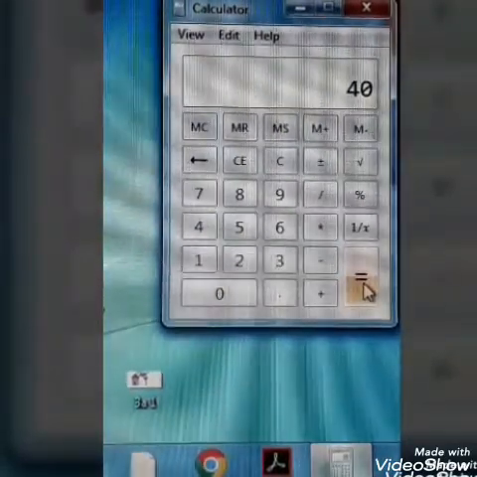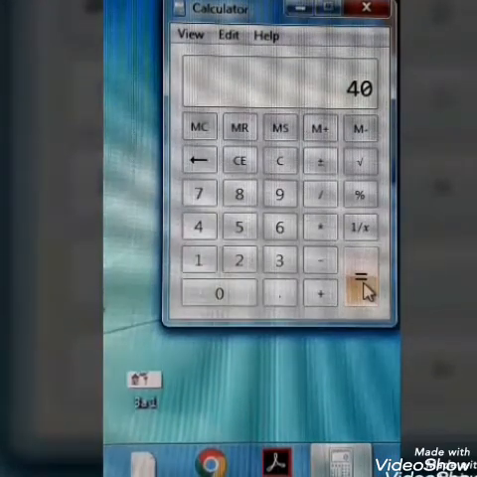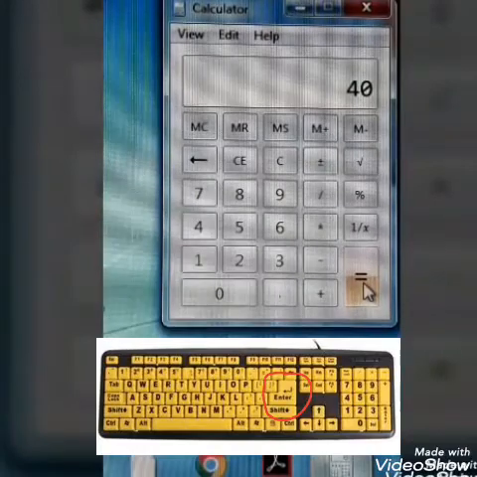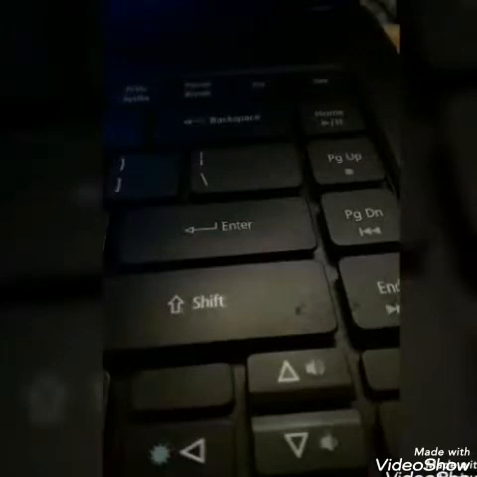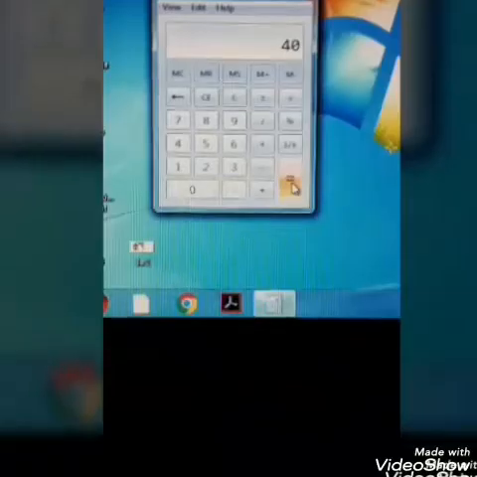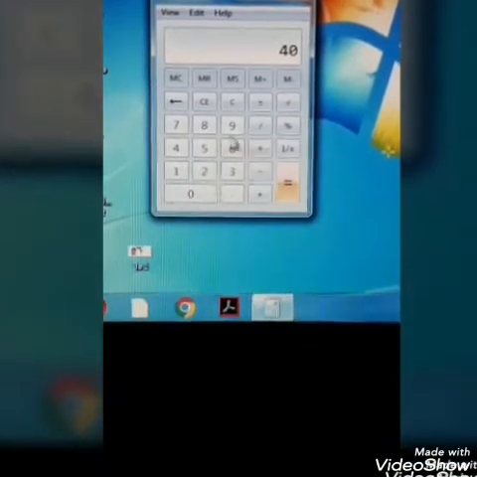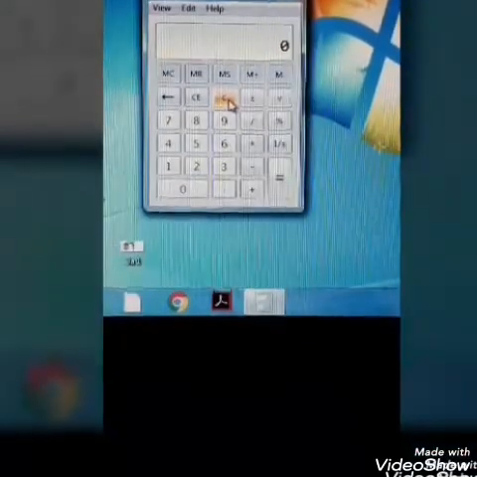Now one more thing I want to tell you here. As I told you, you can use your computer keyboard. In that, to get the answer you have to click on the enter key. So this is the enter key, children. If you are using the computer keyboard, you have to use this enter key instead of the equal to key. Okay children. So now first we will click on C before going to the next sum. Now next we are going to see.